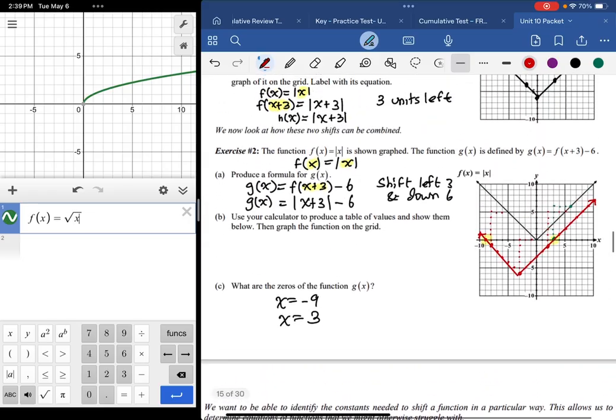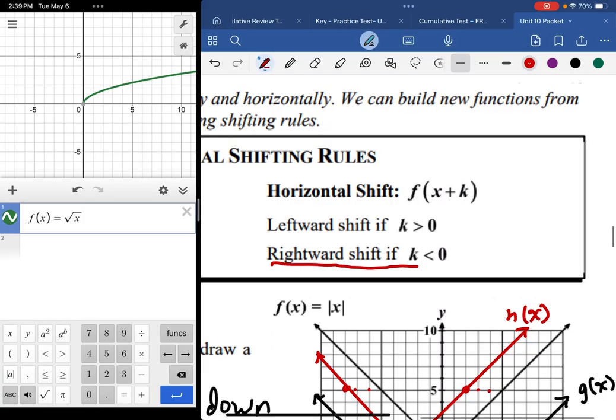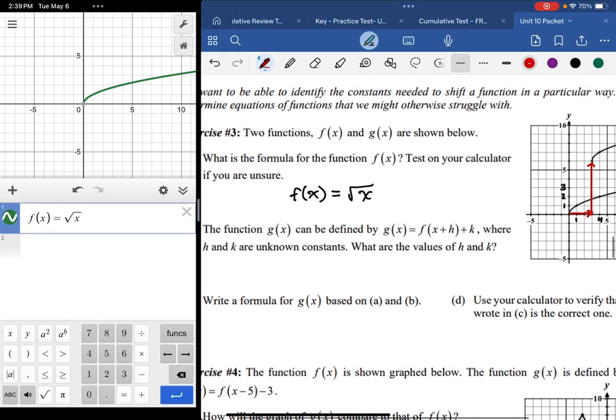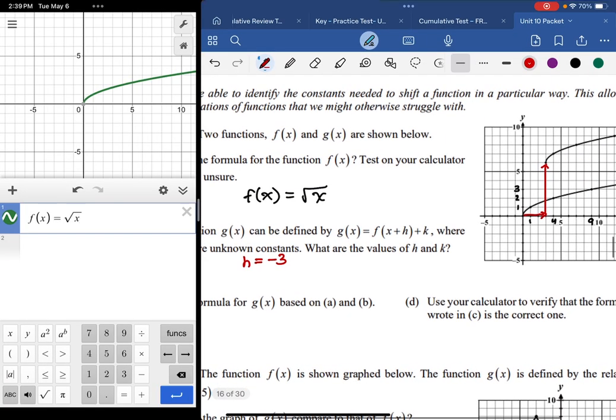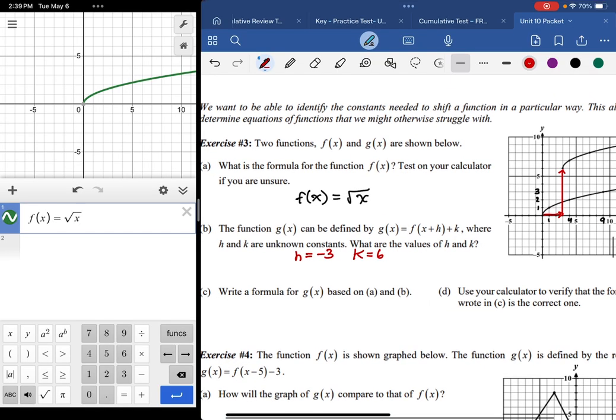All right, and we can go back to our general definition, a rightward shift if the h value is negative. All right, so we're going to put in an h value of -3, because we went right, but we'll put it in as a negative, and then up 6, so my k value would be 6,